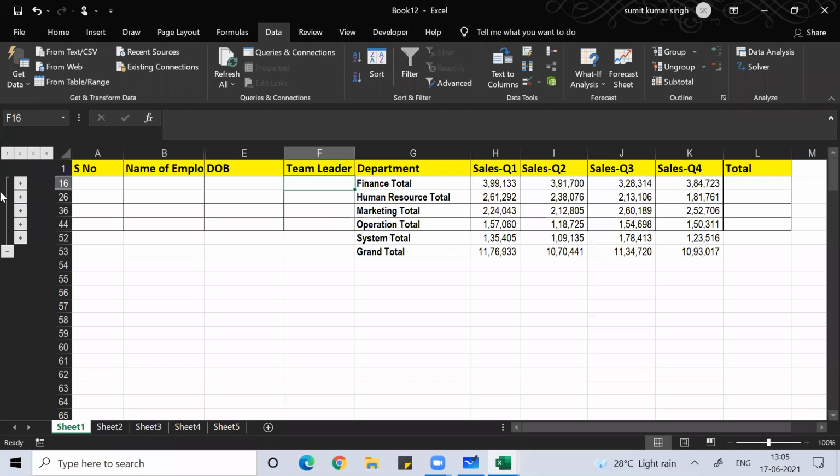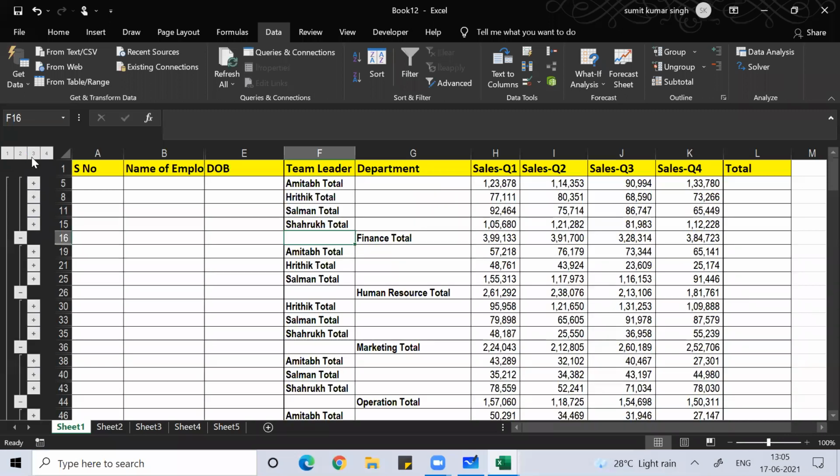Sorry, this was department wise. Then under each department, the second time you put subtotal, you wanted team leader wise, so it did team leader wise.